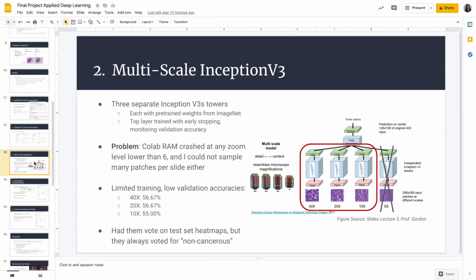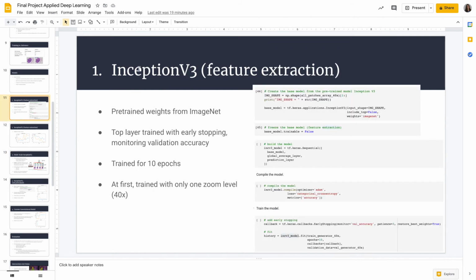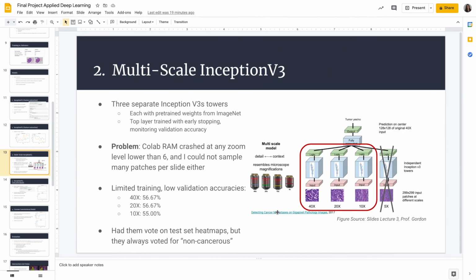So I then took this off-the-shelf Inception v3 model, and I tried the multi-scale approach. As was outlined in the paper, when actual pathologists look at these biopsy images from a microscope, they zoom in and they zoom out. And to model that behavior of taking both context as well as detail into account when making a decision, I extracted patches for 3 different zoom levels, all separately, and then I trained 3 separate